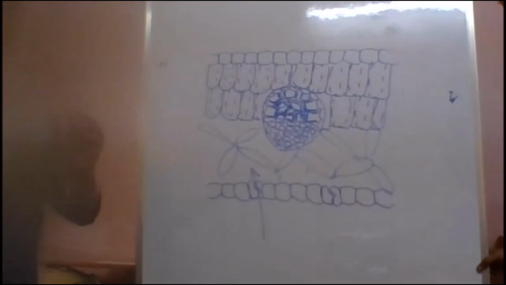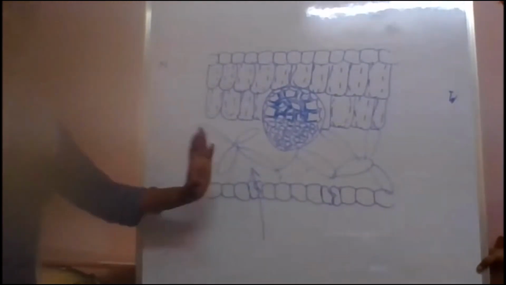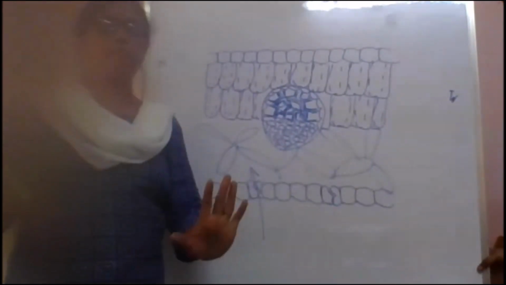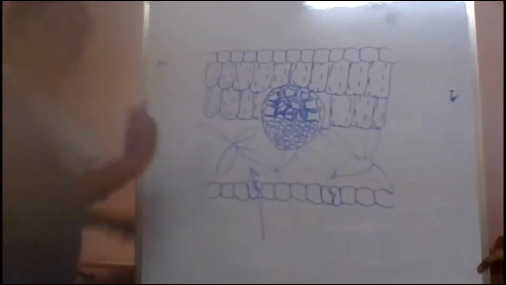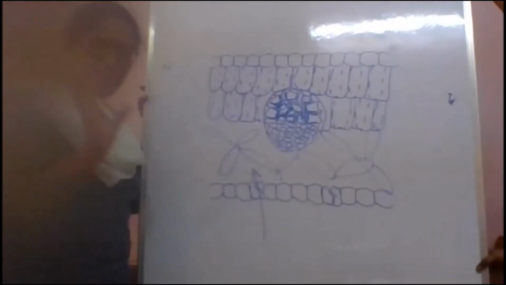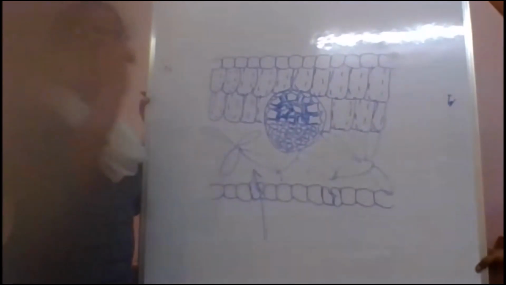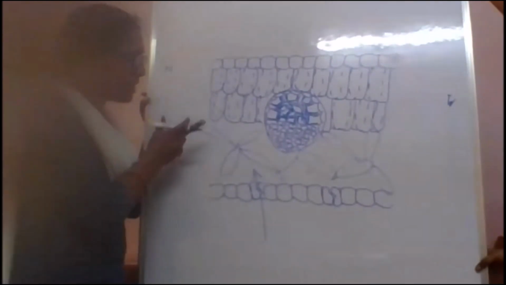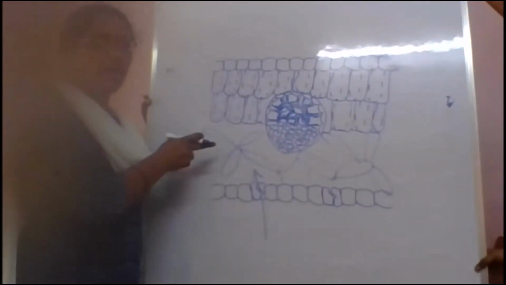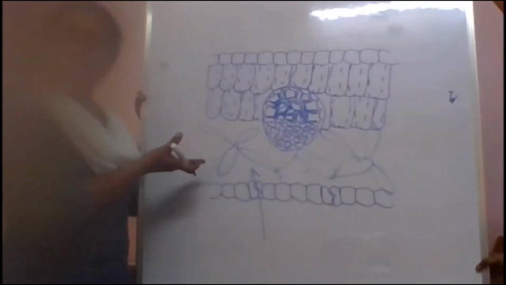So this is how we have to explain this TS of leaf. If you draw like this also, you're going to get 4 out of 4 marks, children. When you come to the biology diagrams, neatness is not considered. From the 10th class examination point of view, I'm saying here, neatness is not considered. The thing is whether the child can communicate with this diagram all that the examiner is asking. Here, I have explained all that.